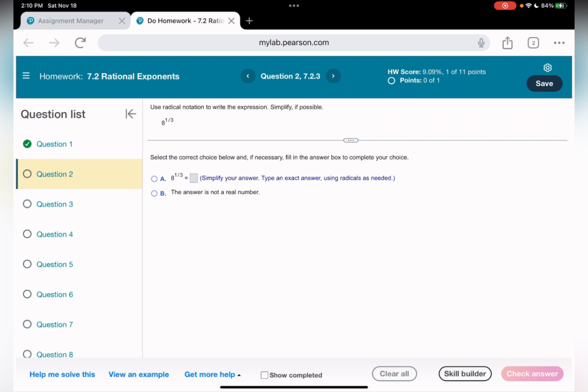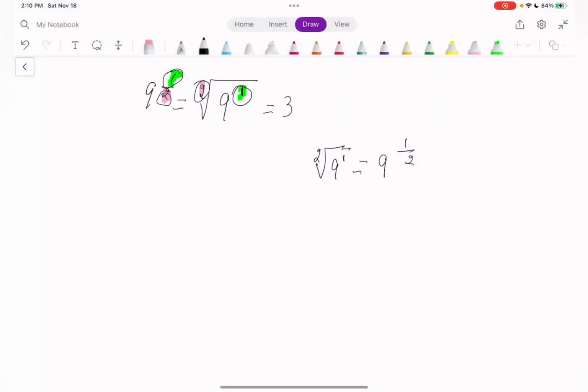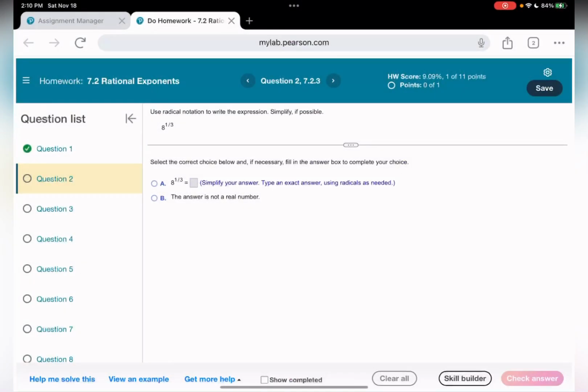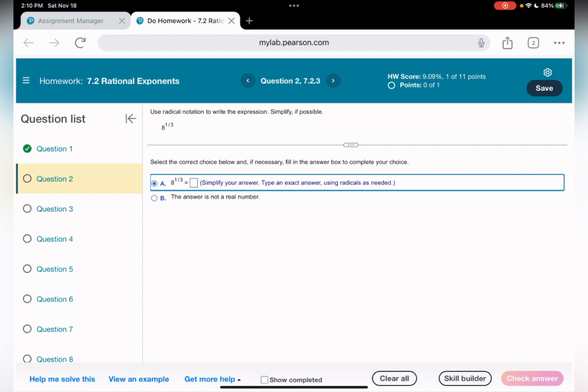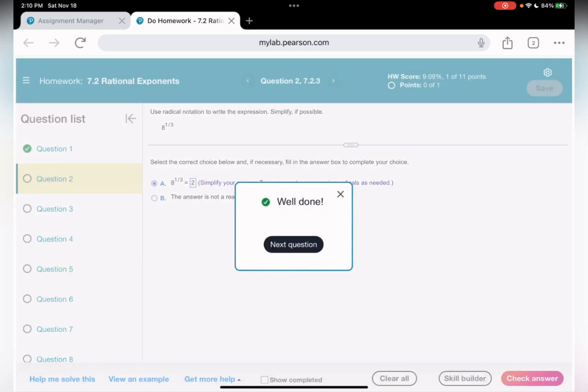8 to power 1/3, which means cubic radical, right? Hold on, let me write it down. 8 to power 1/3 means cubic radical of 8 power 1. Cubic radical of 8, so which number to power 3 is going to be 8? 2, right? 2 times 2 is 4, 4 times 2 is 8, so it's going to be 2. Next one,